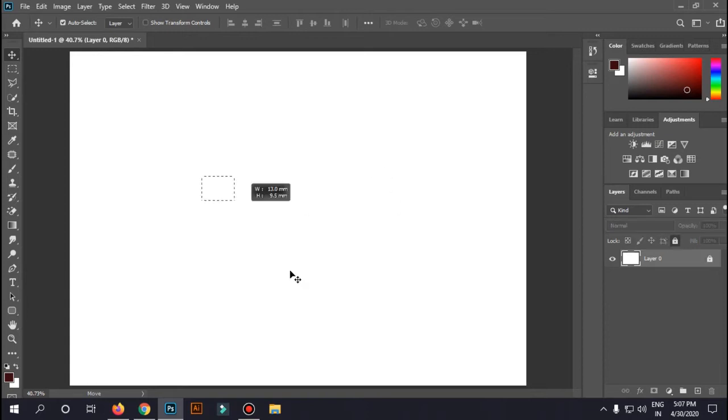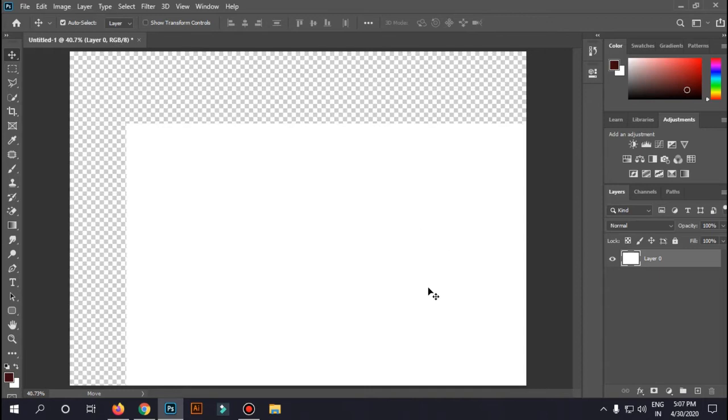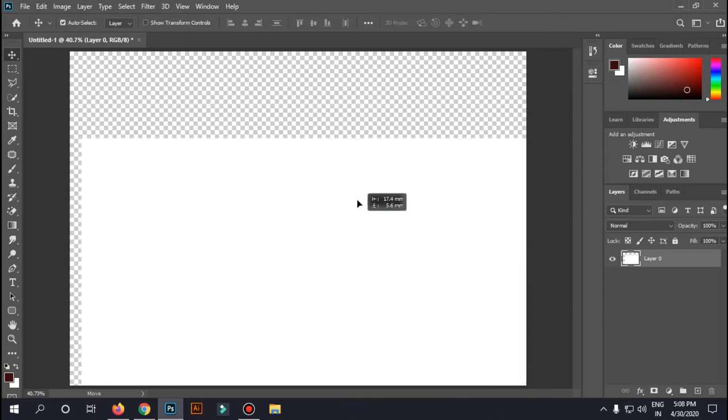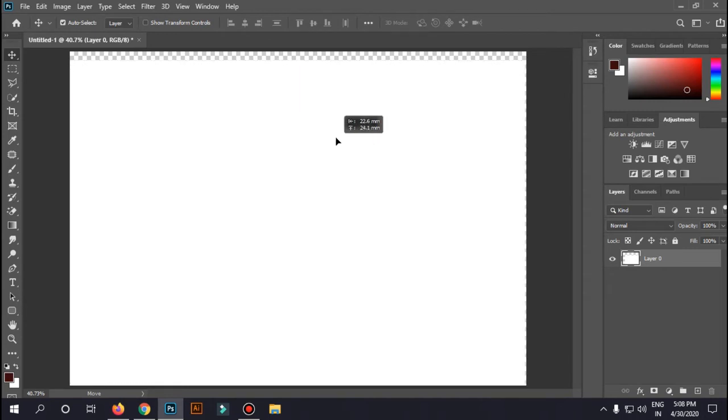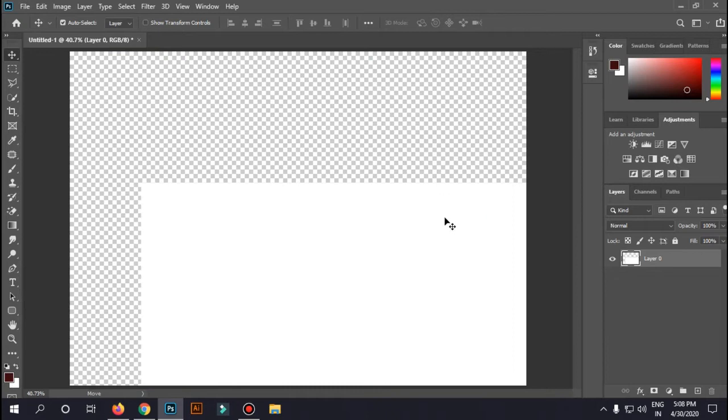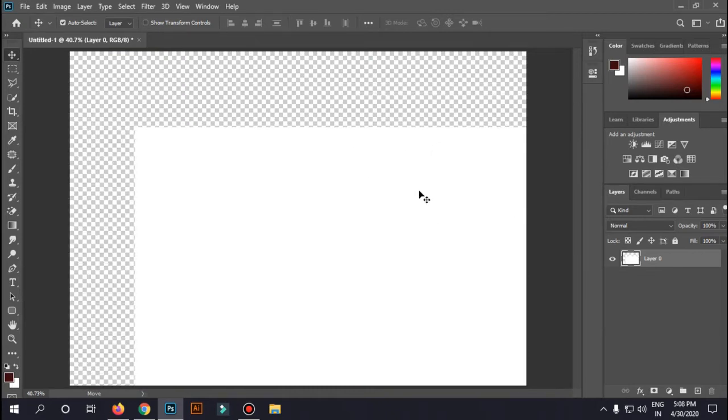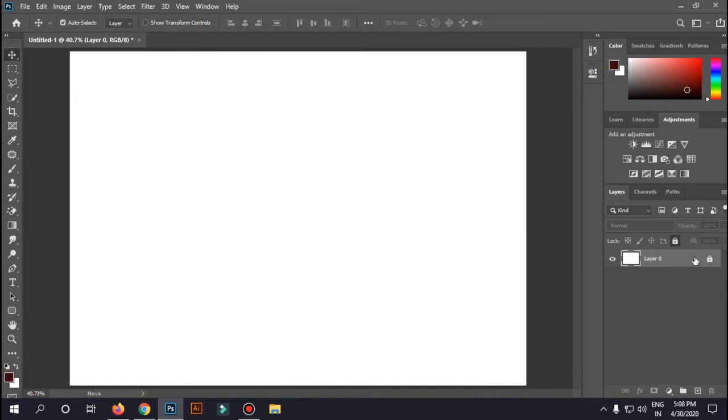If the layer is locked, you can't move the background like this. If the layer is unlocked, you can move the background, and this checkerboard of black and white boxes indicates that there is nothing behind this white document, so it's transparent. If you move this apart and want to get back, there is a shortcut for undo, which I told you in the previous video, which is Control Z. I went back to the original state, to the padlock thing.